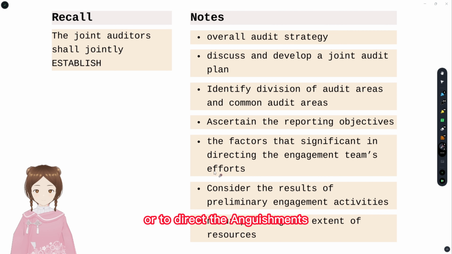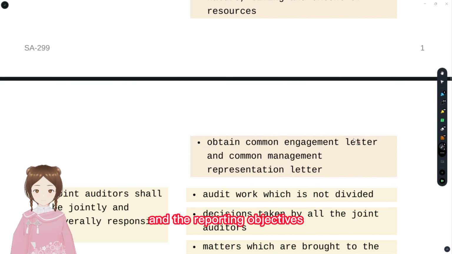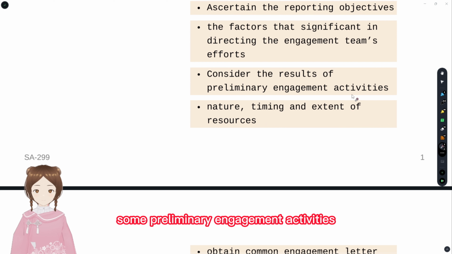The factors that are significant to direct the engagement team's effort, and that's it with regards to that. And identifying and dividing the common audit areas and separate audit areas, that was in the standard, 4 points over there. And the fifth one is why the auditor has been engaged to give an audit report. For that, you have to ascertain the reporting objectives, and you have to do some preliminary engagement activities prior to the start